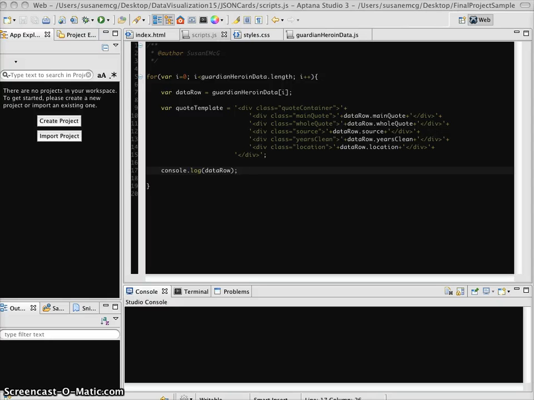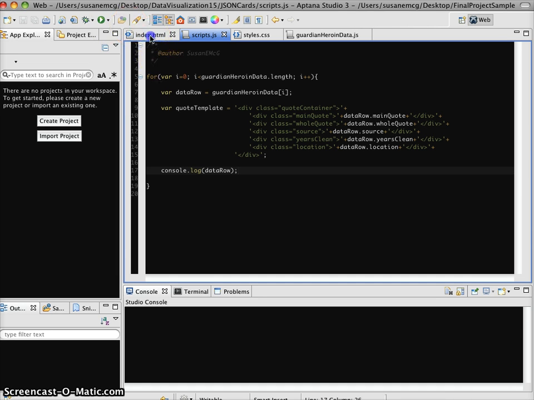Hey everyone, so I just wanted to do a quick recap of some of the stuff that we covered in class on Wednesday evening, just to clarify for the assignment so that you all have a reference for this, because I don't think we quite got to it in the videos from the week before. So I'm sitting here with my Guardian Heroine data template example, and kind of up to the point where I've